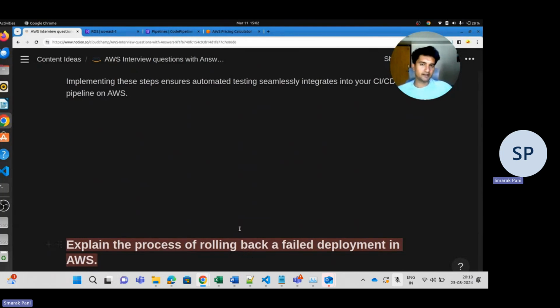What do you mean by rolling back? Let's say you have a deployment which has caused some issues and it is not working as you want. So how do you roll back to previous to make sure that the things are working all right? So first thing we